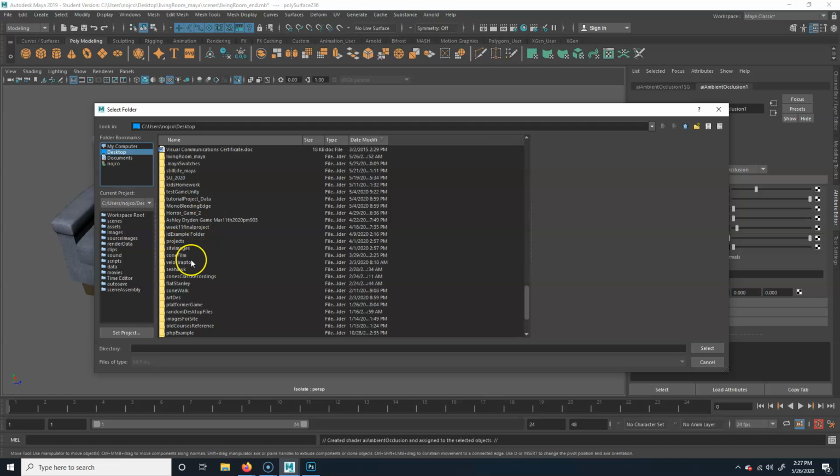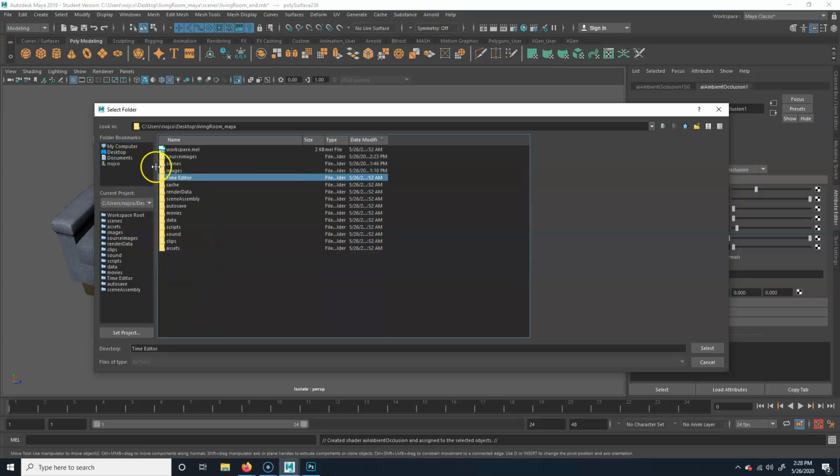H-I-J-K. I might have called it Family Room. Why can I not see it all of a sudden? Oh, Living Room. Duh, it's the top one. Okay. And I'm just going to go ahead and put that into Source Images and select that as my folder